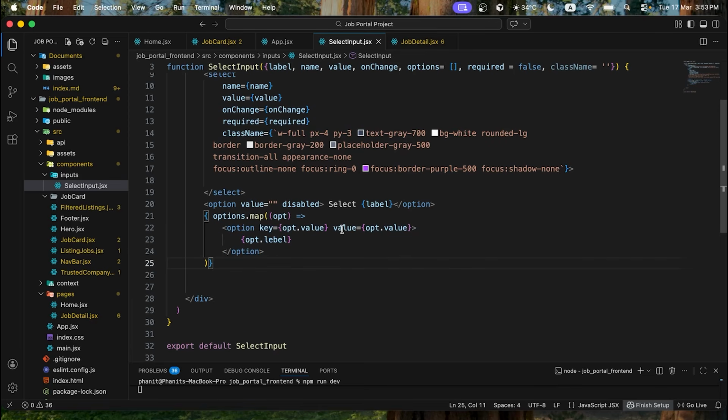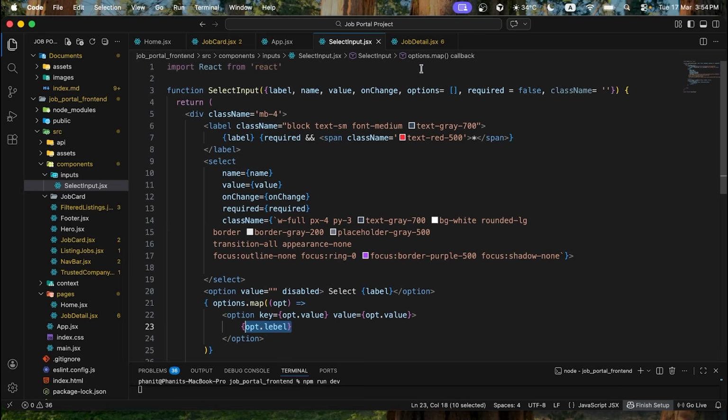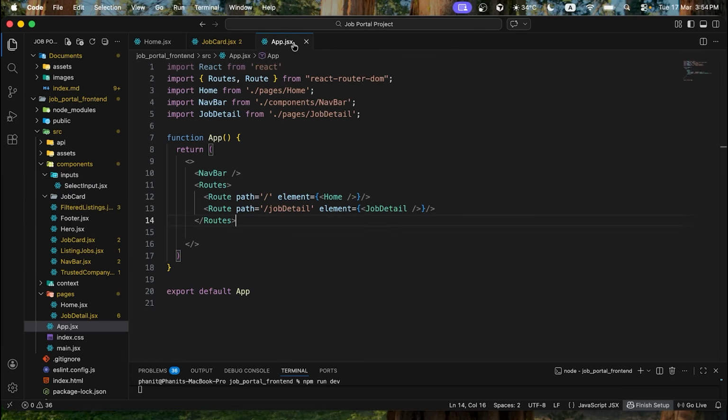We're going to receive, and then I'm going to add a key. This is a key right here, and inside an option we have a value right here, and this is a label that shows the name of the select, something like that. So then I'm going to close all of this,